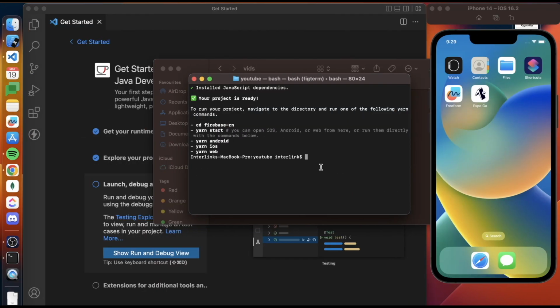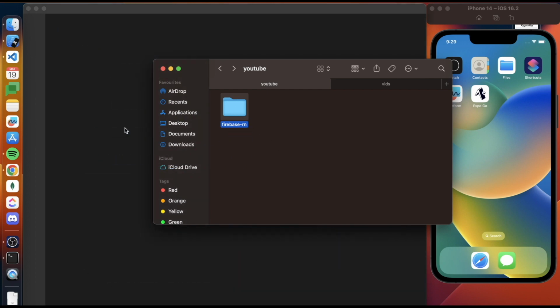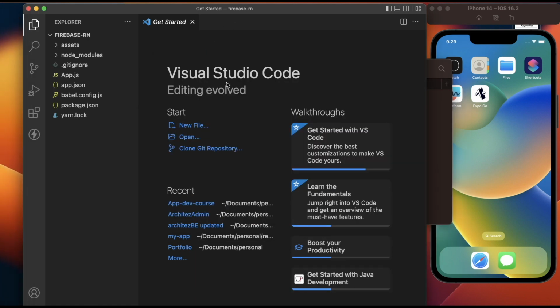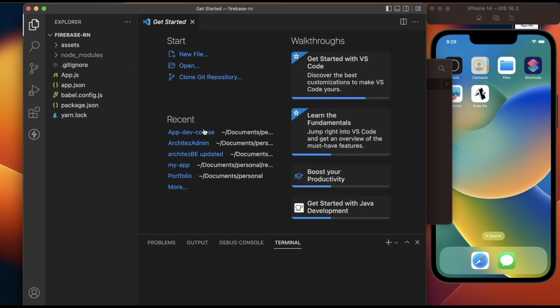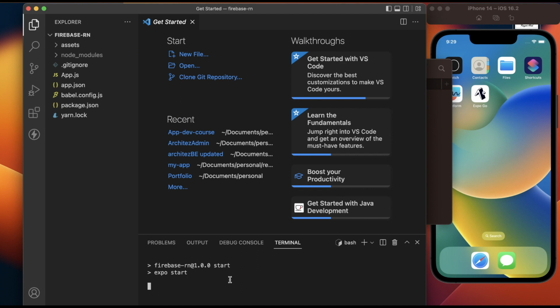Okay, so now we have React Native installed, and if I open that folder up, you can see that in the YouTube folder I now have this firebase-rn folder. So I'll just open it in my VS Code. You can use any code editor that you want. I prefer using VS Code. Now you can just start it by running npm start,